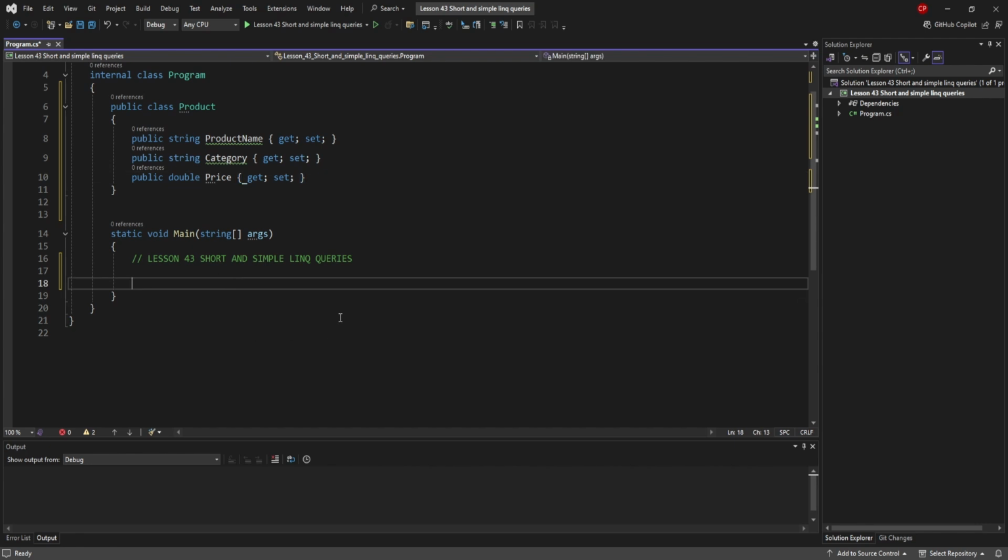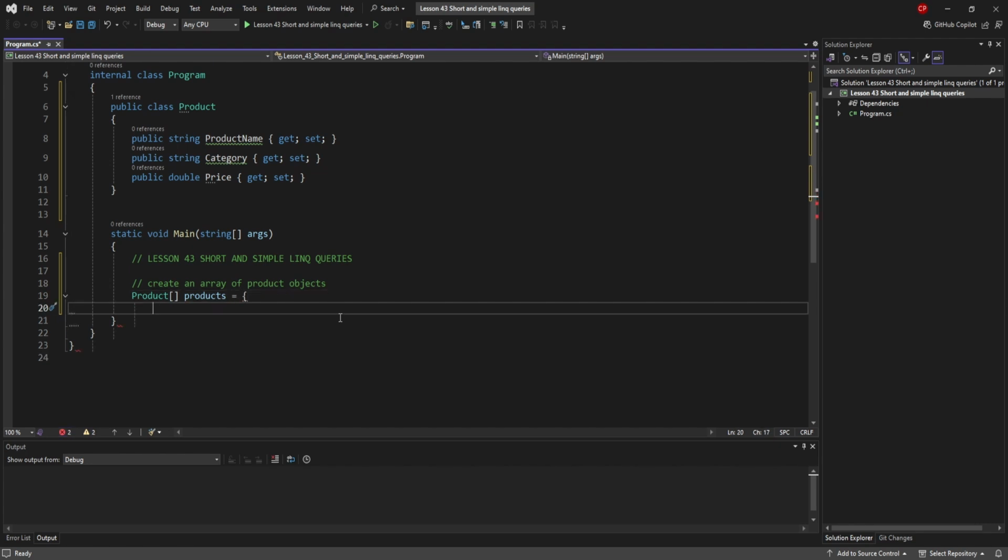All right, we're going to jump back over into main, and now we're going to create an array of product objects. So over here, if you remember how we did this last time, we're going to do Product, and then for an array, the square brackets, call it products, say it equals, and then down here we'll do new Product, new Product, and say, I don't know,